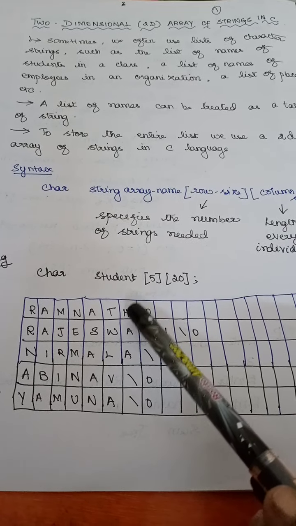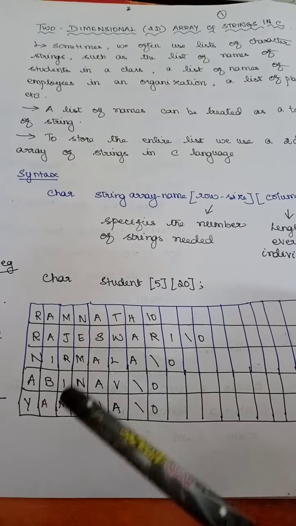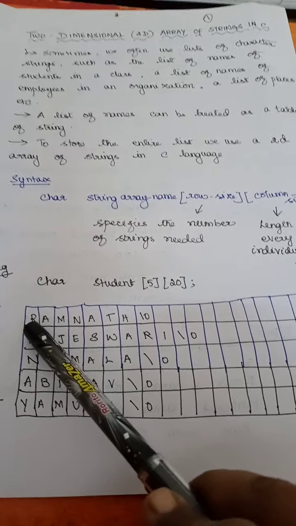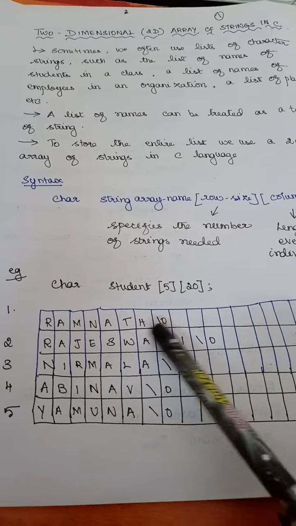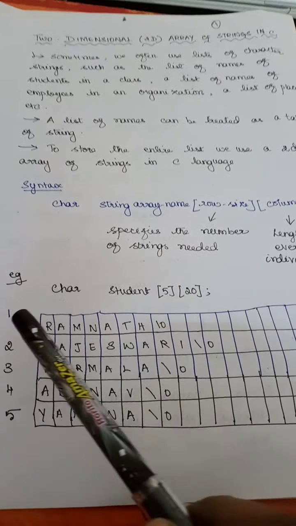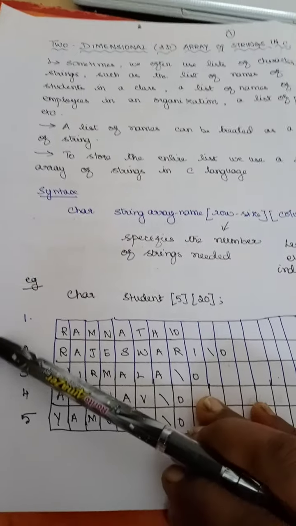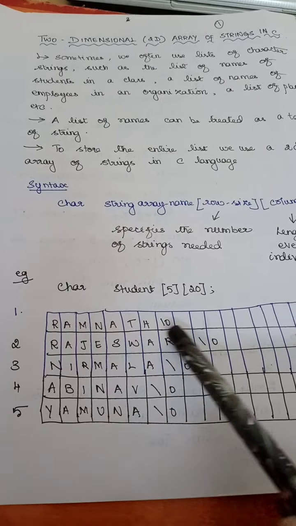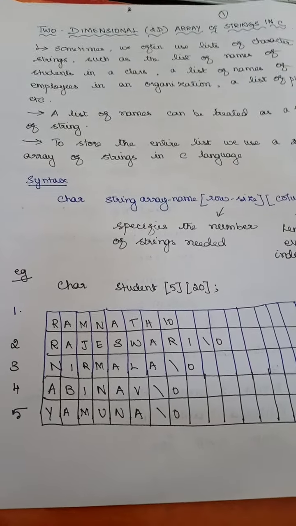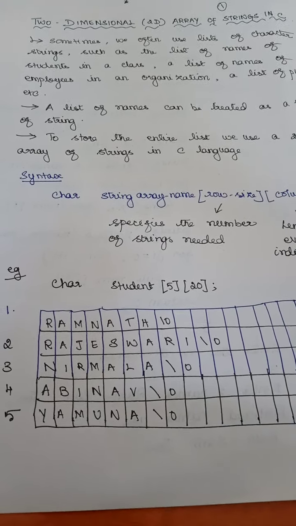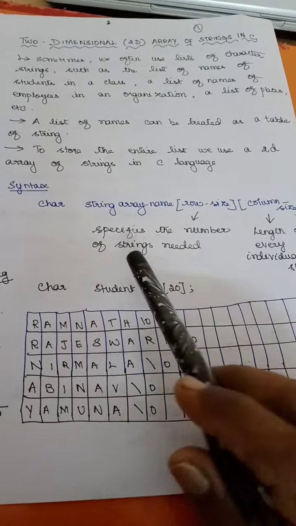How do we access a two-dimensional array? In the same way you can write it. But here I am not going to consider each of these as a separate element. This is going to be the entire string, the name, right? So here I will call this the number value, and this I am going to call a character. I am going to store a string. So this is going to be your two-dimensional array, right?